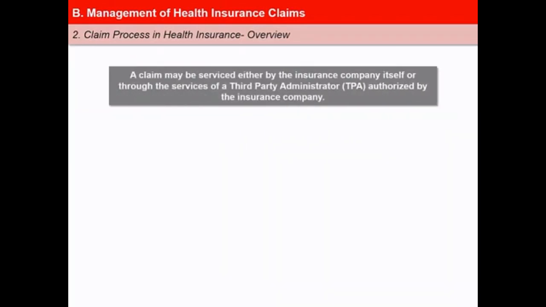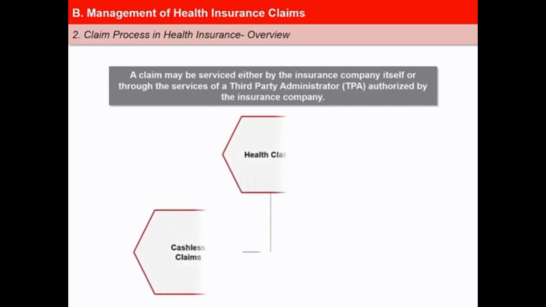A claim may be serviced either by the insurance company itself or through the services of a third-party administrator, TPA, authorized by the insurance company. There are two types of claims under an indemnity policy. They are: